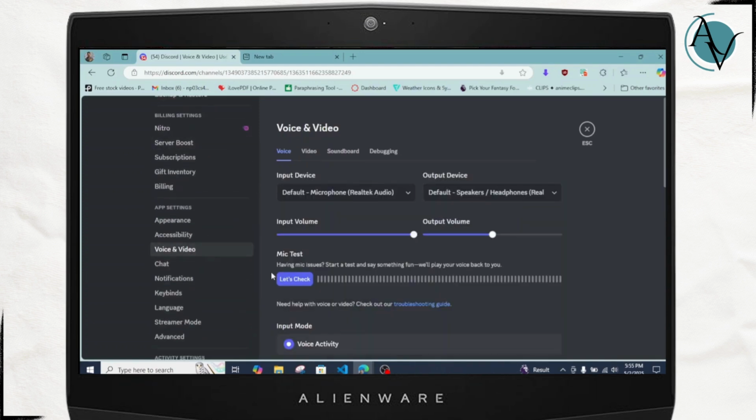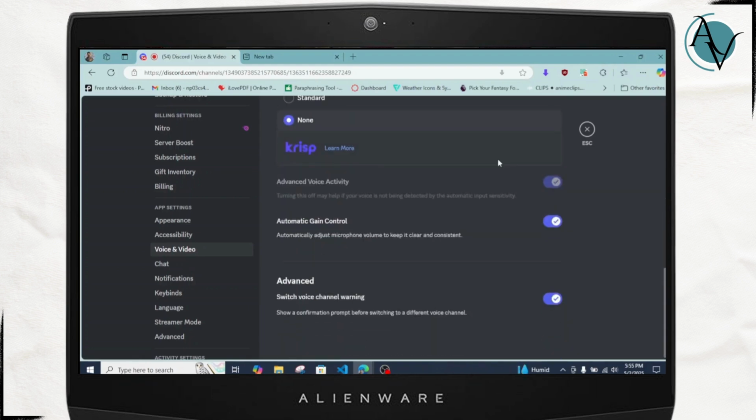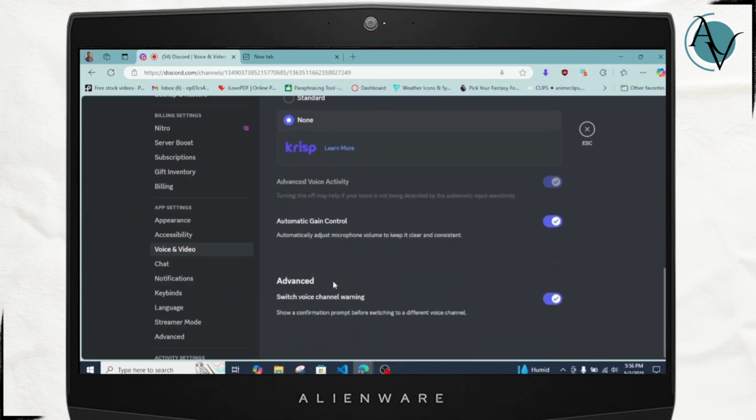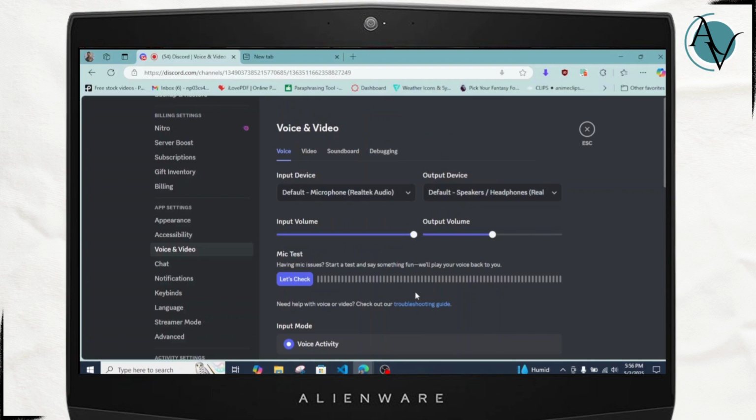Just tap on this and scroll all the way down until you see the option called quality of service. As you can see, I'm currently using the browser version, so it's not available for me. But if you see the quality of service option over here, you simply have to disable it. Once you disable it, another thing you can also try is changing the region